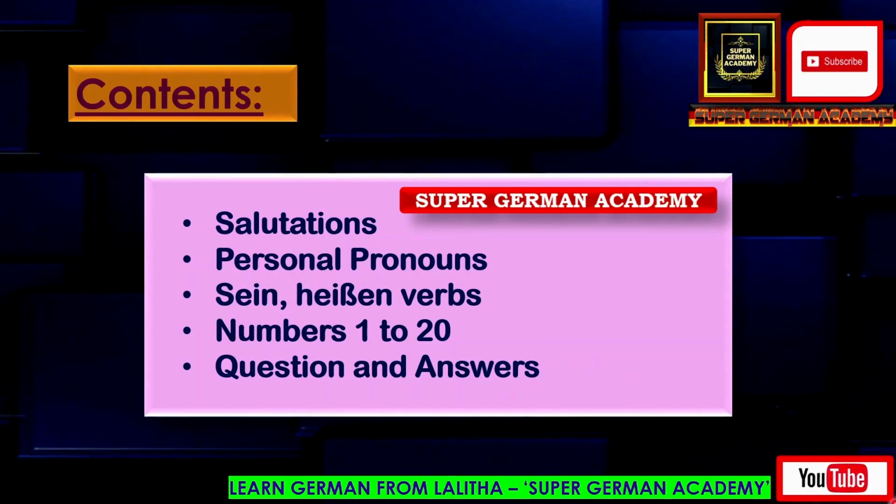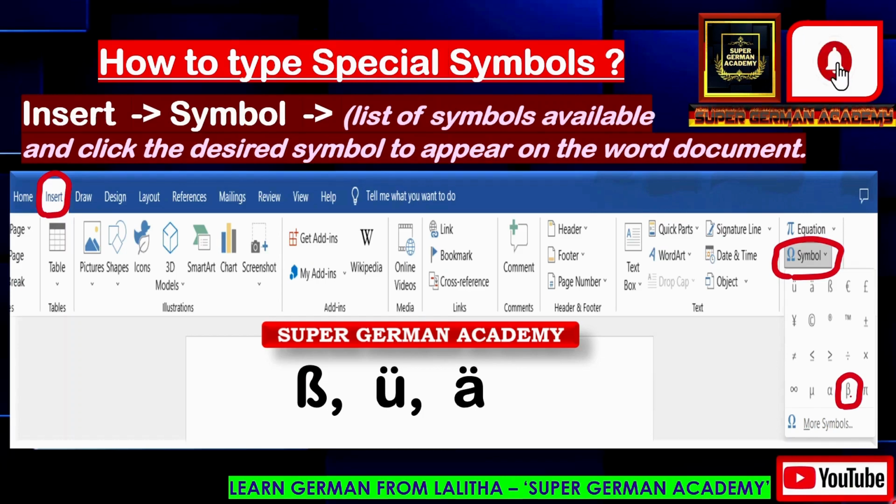Okay? In German, some words use special symbols. And these special symbols are like these characters of this type. If you see here on the screen, this is looking something like capital V, right? And this is pronounced as S, like stressed S. And this is U. Okay? And this is also a special symbol. And this is pronounced as A, little bit stressly you have to say. And this is also a special symbol. And these are required for some special words in German.